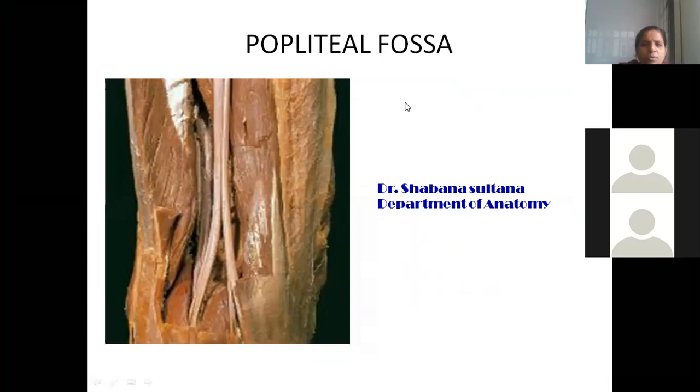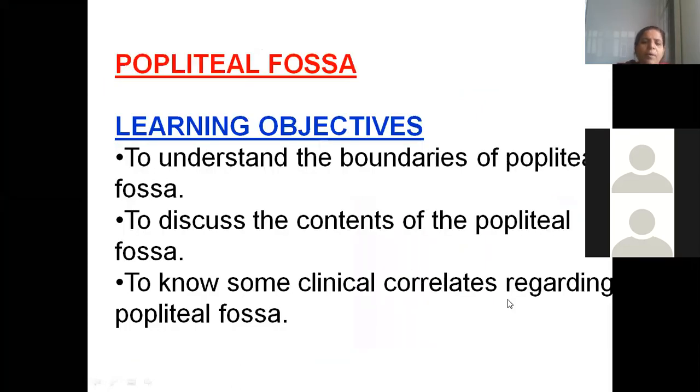So now we are discussing the popliteal fossa. What is popliteal fossa? How do you describe it? It's a diamond shaped fossa which is seen behind the knee joint, isn't it? Generally we have this question under certain headings: we should know the boundaries, we should know the contents, and we should know certain clinical aspects, which we will be discussing in detail now.